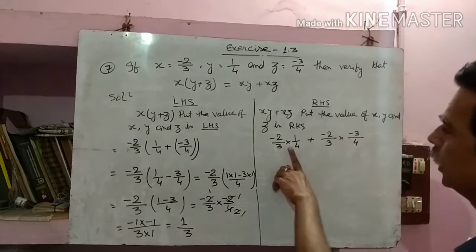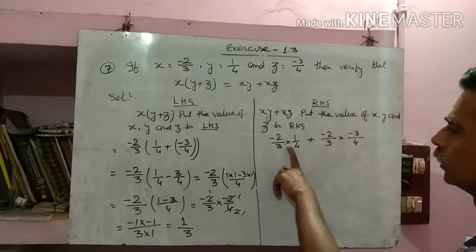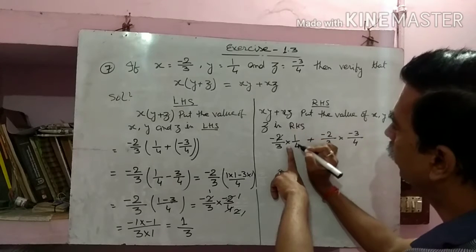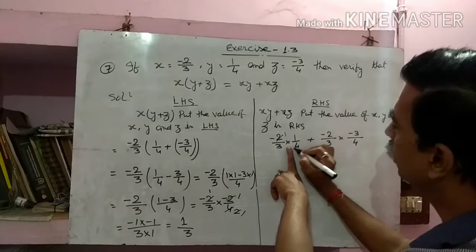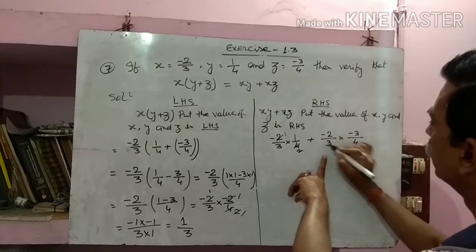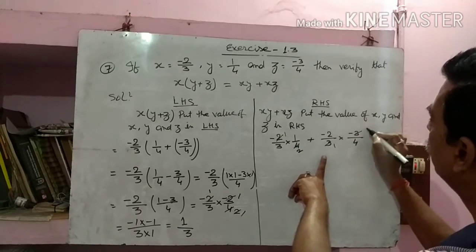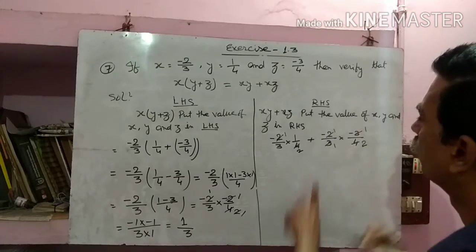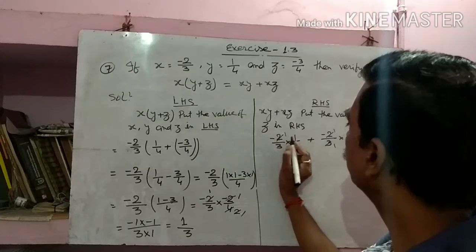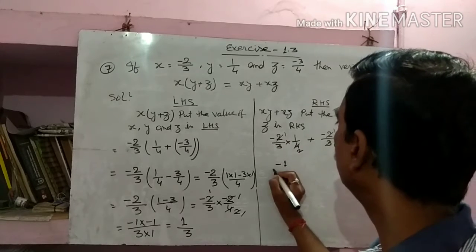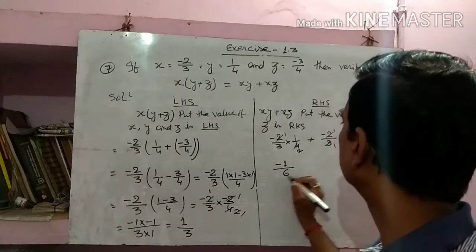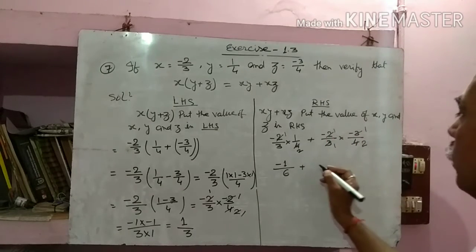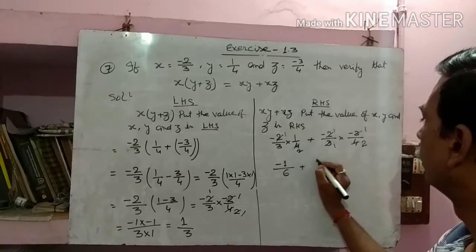Look here, there is a sign of multiplication, so we can divide numerator and denominator cross way also. 2 ones are 2 and 2 twos are 4. This one, 3 ones are 3 and 3 ones are 3. Then what will you get? This is minus 1 into 1 becomes minus 1, and 3 into 2 becomes 6, and plus this minus 1 into minus 1 becomes plus 1 by